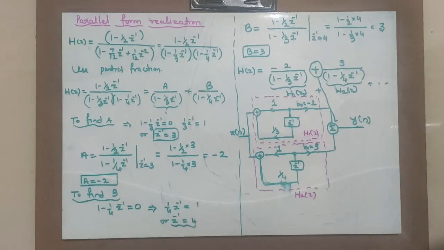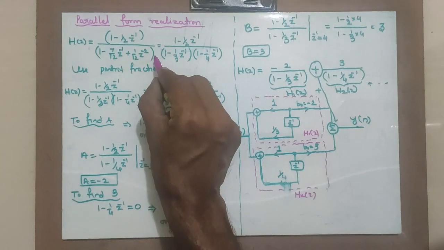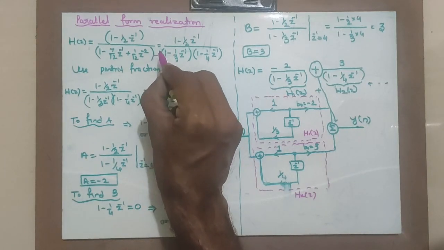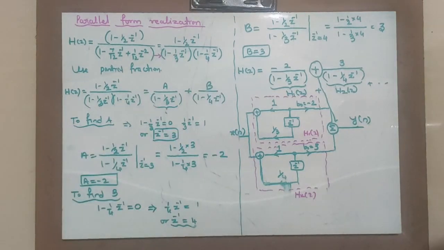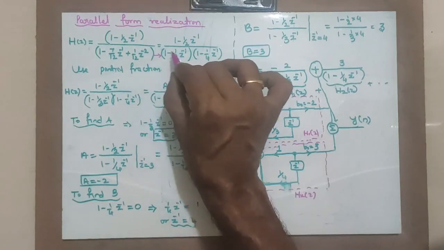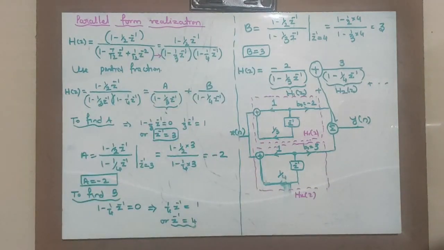What is very important? We need to have partial fraction expansion. Partial fraction expansion is important. Students may have doubts about how I factorized this. Some students may know it, some may not, but anyway, I need to factorize with respect to z raised to minus 1. Hence, I will be uploading a video regarding factorizing. Please go through that video and study that. Factorizing is very important. This is how parallel form realization is done.